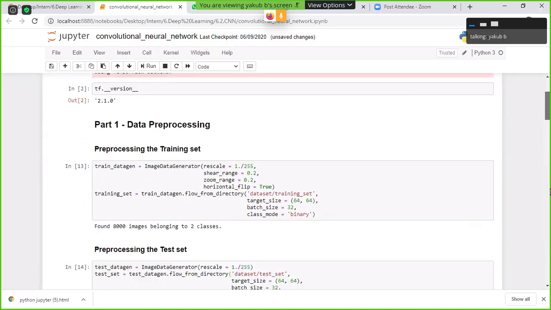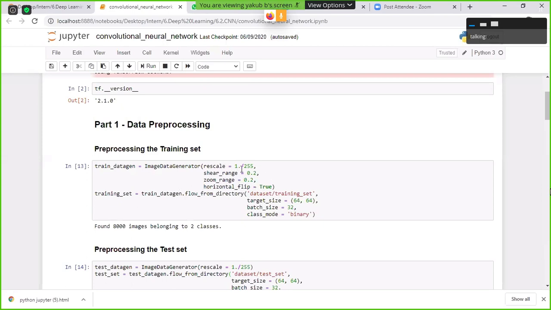The purpose of the image data generator is to perform the image augmentation step. Here we are specifying a few features. What are the things you want to perform? Horizontal flip: I want to flip my image horizontally, and shift it vertically as well as horizontally by some distance, at the top as well as at the bottom. After that, I want to capture the different images.